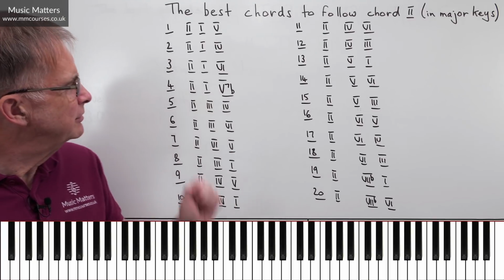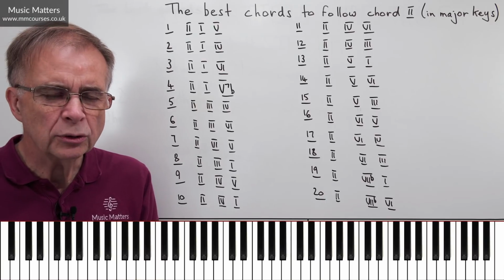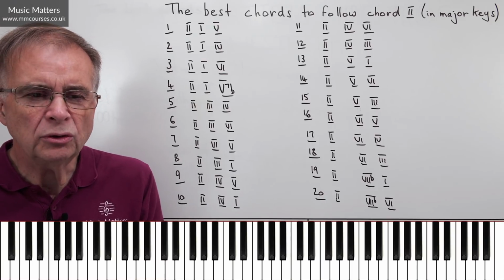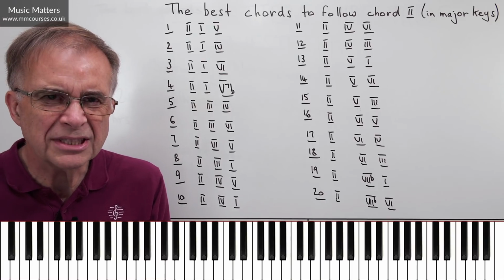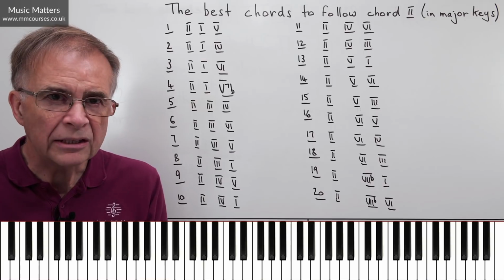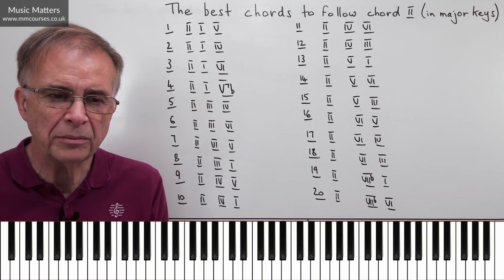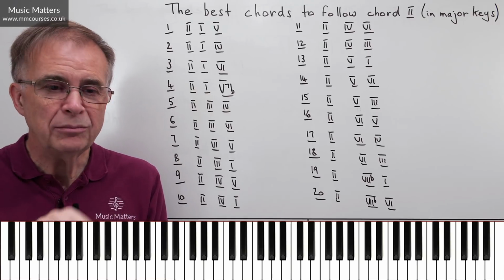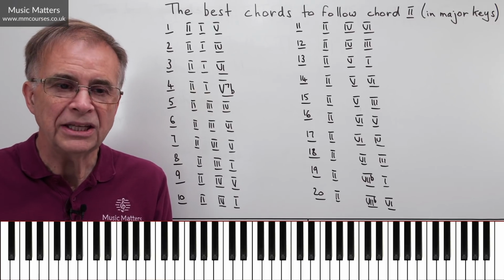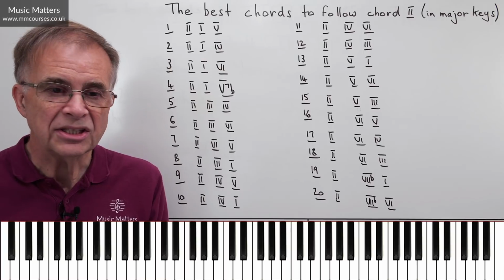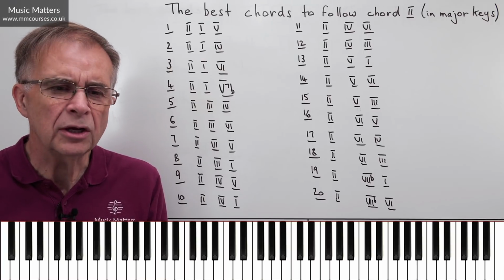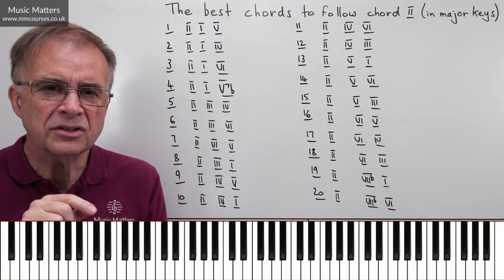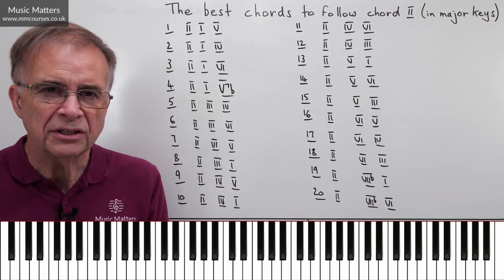Okay, well, let's have a look at number 4. What am I talking about here? Going from 2 to 1 and then to 5, 7. And then I've put that little B in as well. So just to remind people who are not sure about these little letters A, B and C, A means root position, B means first inversion, and C means second inversion. So I'm talking about chord 5, 7 in first inversion.